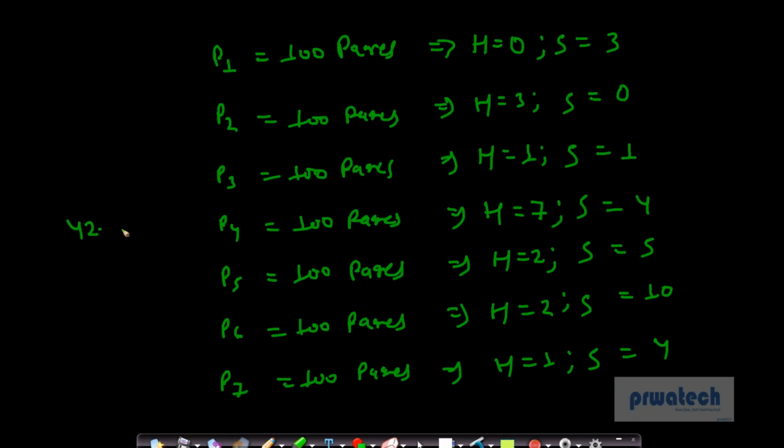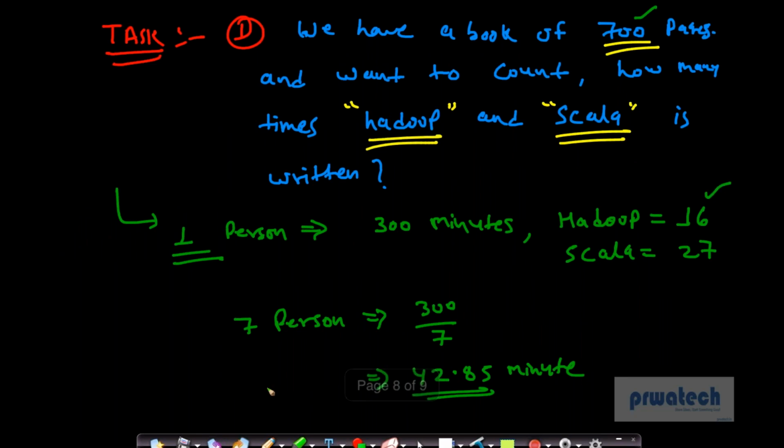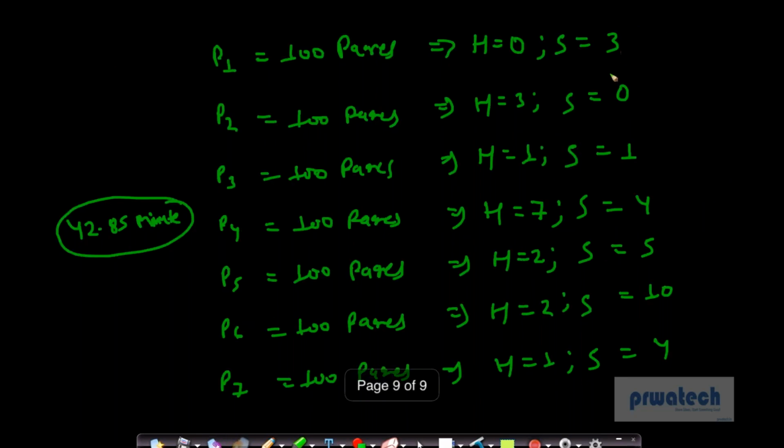They all took a total time of 42.85 minutes to complete the task, but individually, right? If I add this Hadoop 3 plus 1 plus this is total 11 plus 5, 16, that's what was the requirement, 16. And the Scala is 27: 3, 8, 18 and 9, 27. Now what I'm doing currently in this process is nothing but